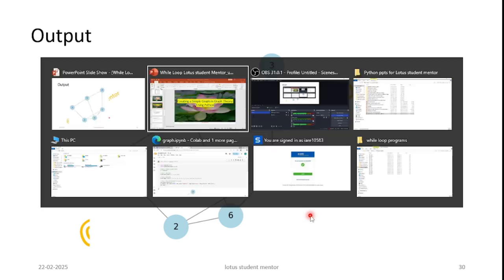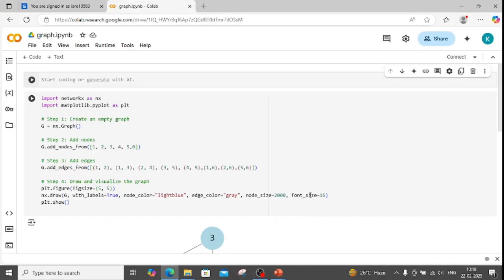Let us see. It's very simple to understand in Google Colab. I will give a brief description about Google Colab and all. I'll make one video on that for you, an introduction to Google Colab for doing graphs in Python programming. As I mentioned, step 1 is g equal to nx.Graph(). Step 2, add nodes. Step 3, add edges. Step 4, draw and visualize the graph. Now, what is the output